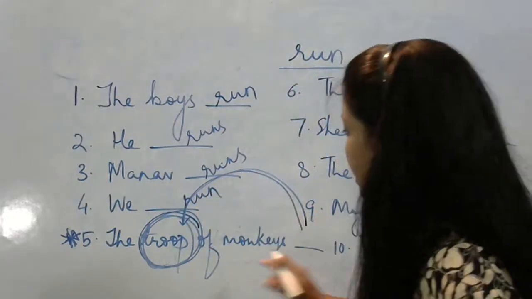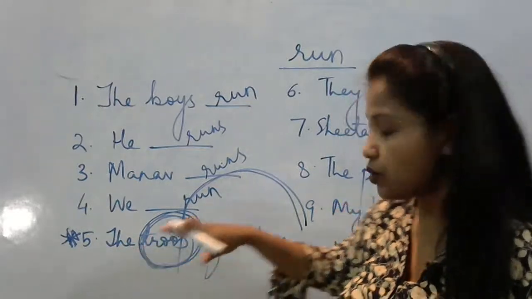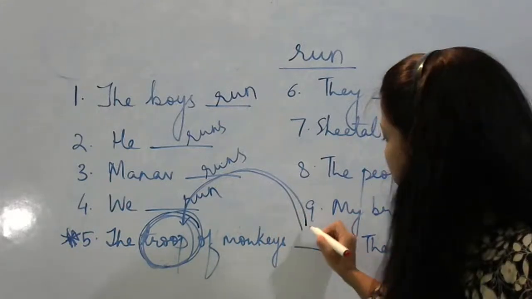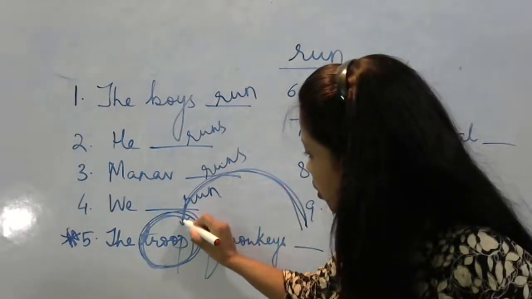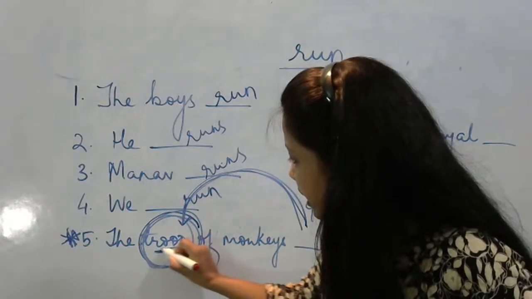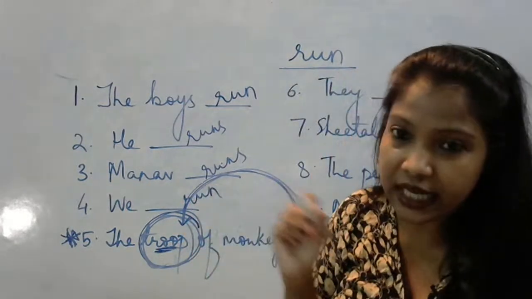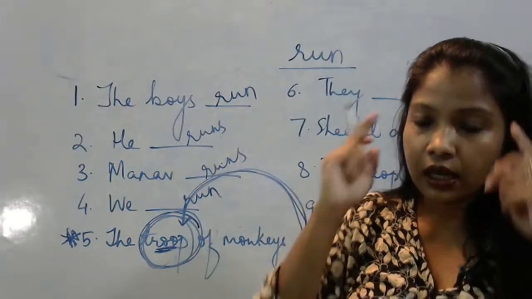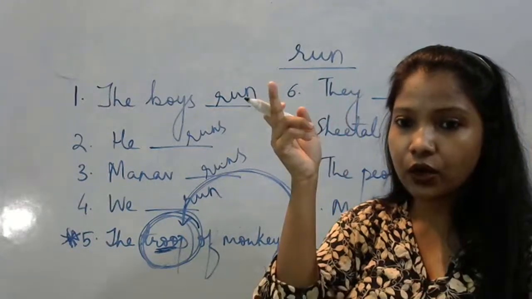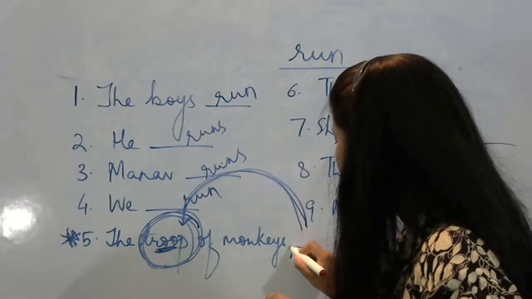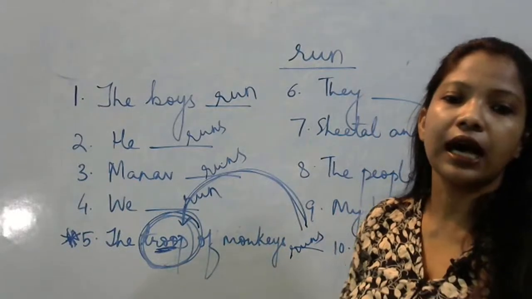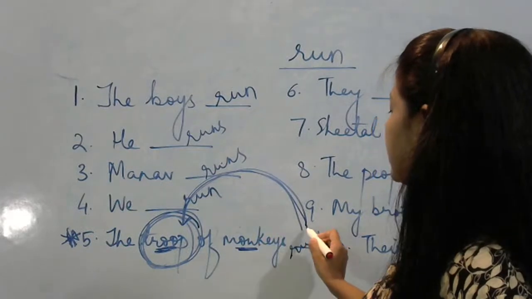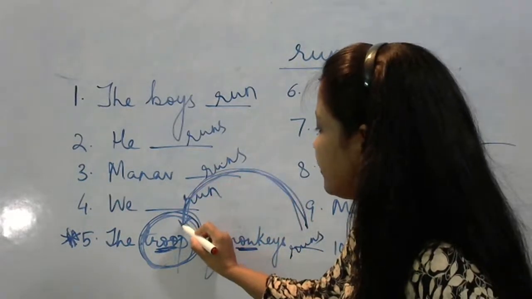I'm repeating once again. अगर ऐसा है collective noun है और उसके बाद आपका common noun है, तो आप जो भी verb यहाँ add करोगे वो किसको follow करेगा? इसको collective noun को follow करेगा. Collective noun यहाँ पे troop लिखा है, troops नहीं है. यहाँ पे troop लिखा है. Troop मतलब singular. Looking at the form, recalling the rule, singular S. So it will be runs. The answer for this is runs. Monkeys will not be considered here. This word will follow the collective noun troop.